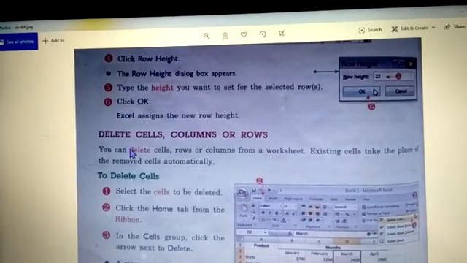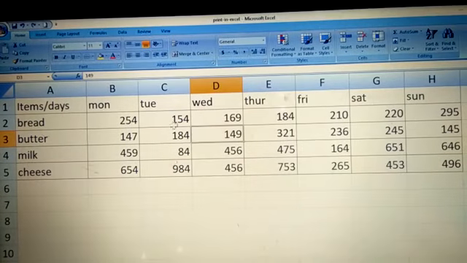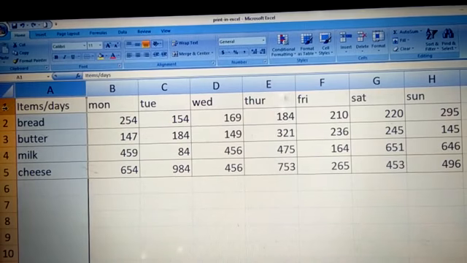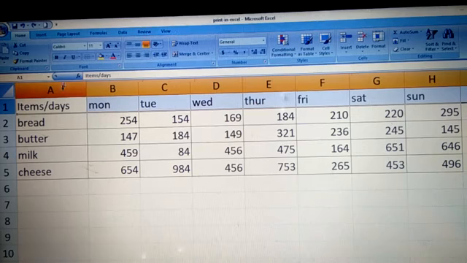Now children, if you want to delete cells, columns or rows, you have these steps that you can follow and do it easily. Fine. So first thing is, what are cells? Cells are the intersection points where rows and columns meet. So here is our Excel sheet, okay? And for example, see, this is the column and this is the row. So column A and row 1 intersect at this point. So this is a cell.